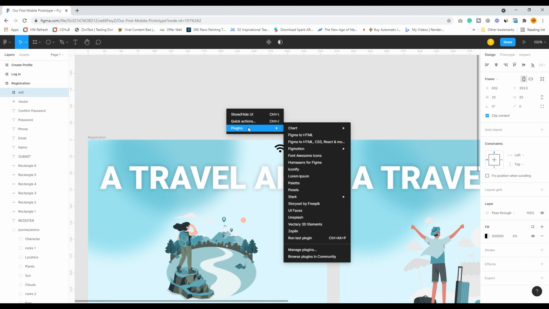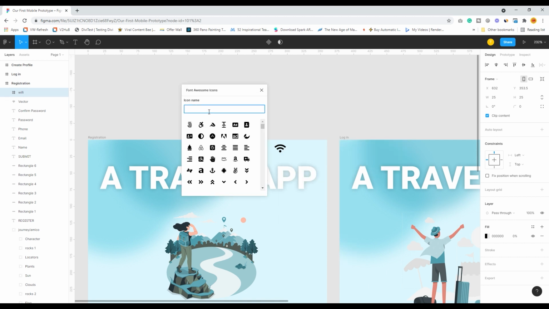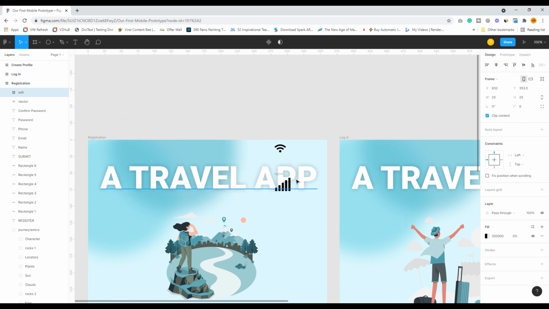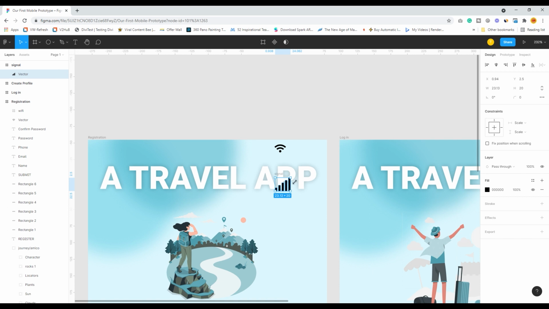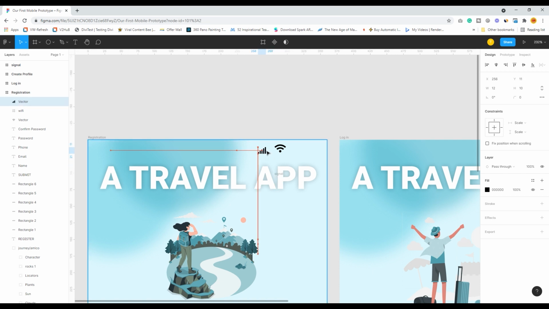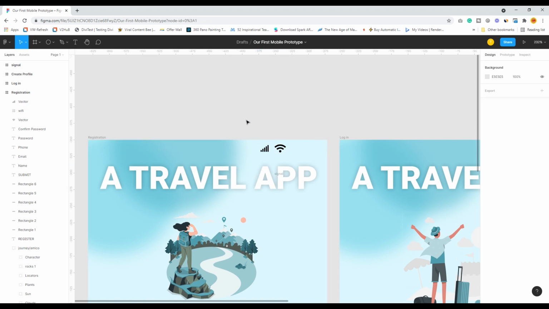I again click on the plugin, go to Font Awesome icon, and this time select work. Let me type signal. Okay, wow. So this signal is also there. Shift and put the signal over here.